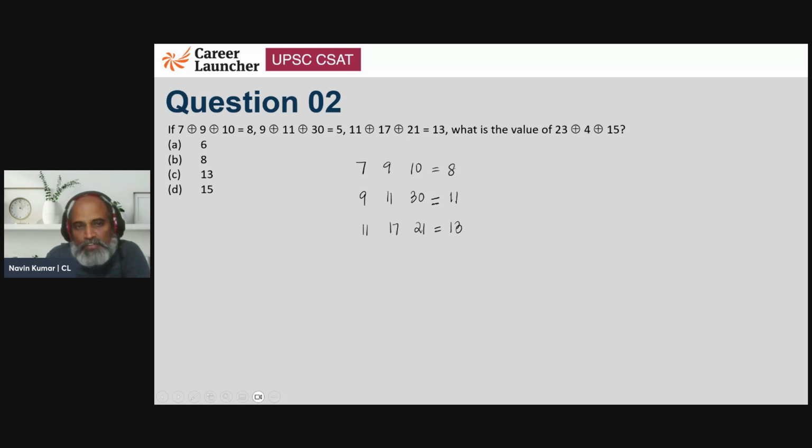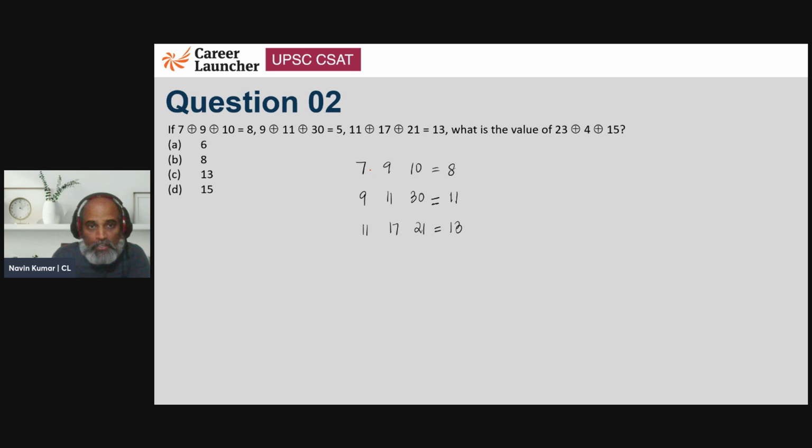No, because if I do the next one, 11 into 30, that's going to be 330. 330 minus 9, it's not going to give us something which is in terms of 11. So the multiplication is also not happening here. Something interesting is happening. When the simple addition, multiplication, the basic operators do not work, what we prefer is going